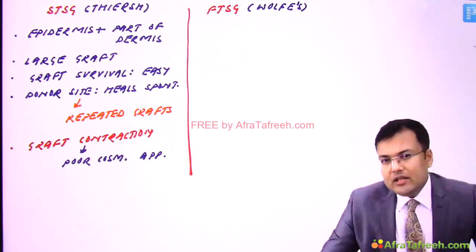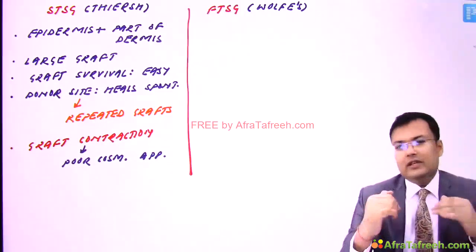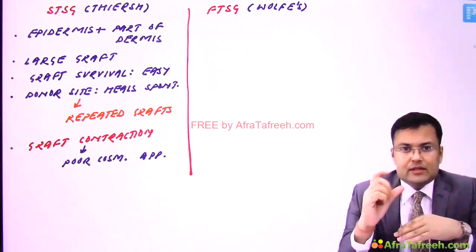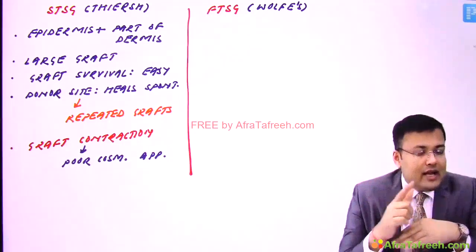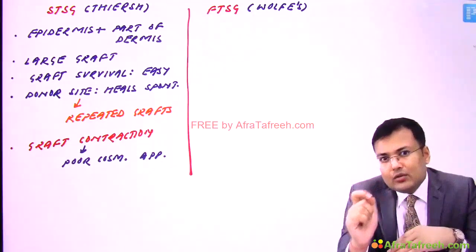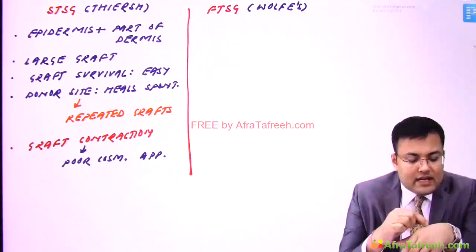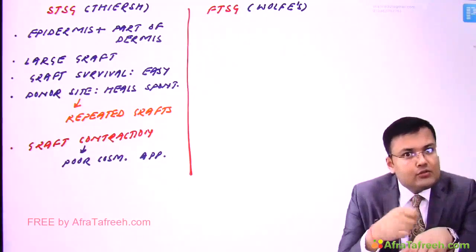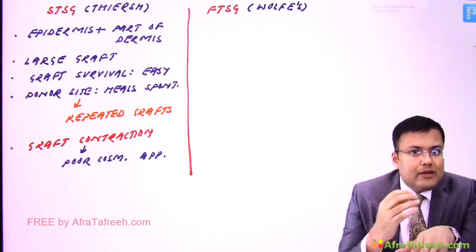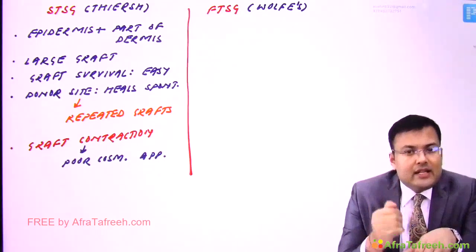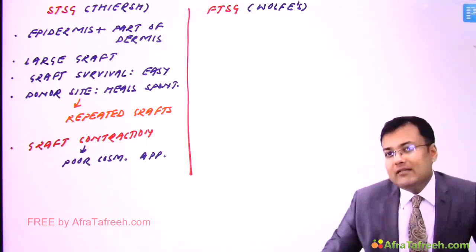Simple. And just opposite things are going to occur in full thickness skin grafting. Now see the basic. In full thickness skin grafting, we take epidermis plus full thickness of dermis. So at the donor site there is permanent defect, and you cannot take repeated grafts. Either you close it with sutures, and it heals with primary intention, or sometimes we leave it and it heals by secondary intention. So repeated grafts cannot be taken, and the donor site develops permanent defect.